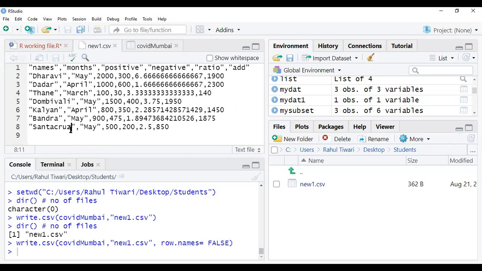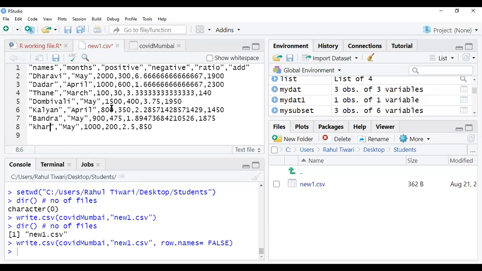Okay, but suppose by mistake, the data for location Santa Cruz was 500, but actually I found it has increased to 1000. And that data was actually of Khar. It was near Khar, but somebody gave the data wrong as Santa Cruz. I mean some editing you wanted to do. So I just made changes to edit. It was Santa Cruz, I changed it to Khar, and it was 500, I increased it to 1000. You save it.